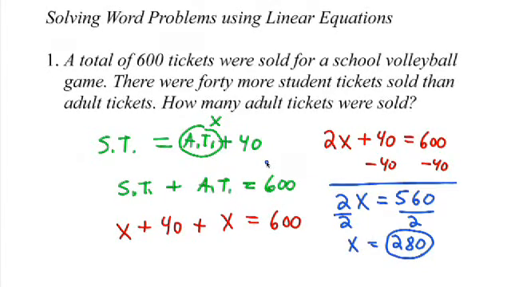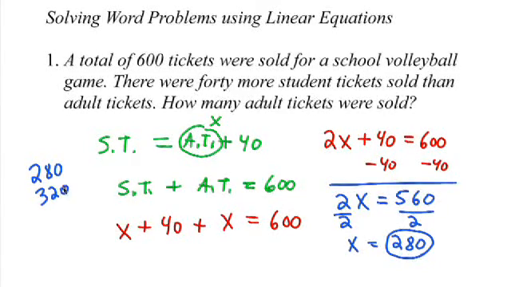Okay, let's look at the next problem. This is similar. It's another problem involving tickets. This one says a total of 900 tickets were sold for the school football game. ALEKS is obsessed with football games. We'll just let you know that ahead of time. There are a lot of football problems. There were 220 less tickets sold to adults than students. How many student tickets were sold?